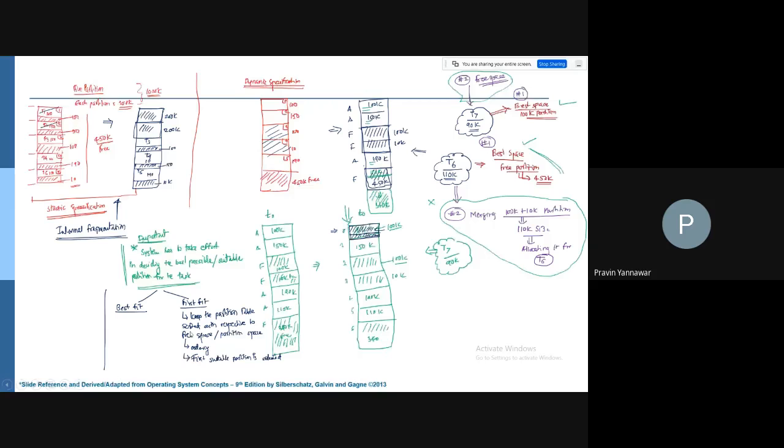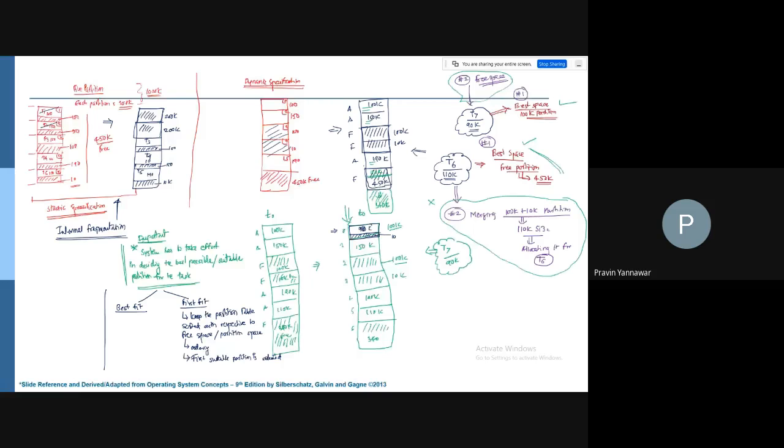So this particular partition is selected and divided. What is going to happen here now is that this partition is divided into a 90K partition and a 10K partition. So this 100K partition is divided into two different partitions, one of 90K and one of 10K.